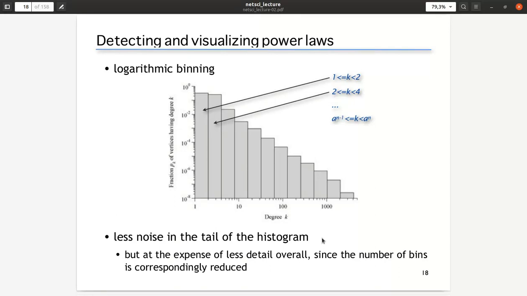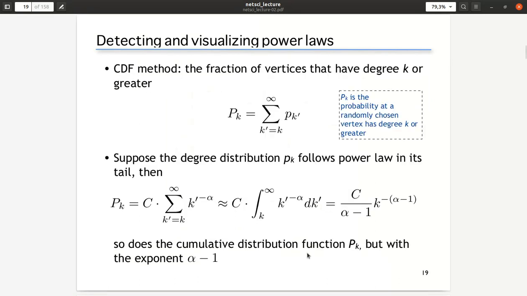But of course some details are going to be missing, so this is the price which you pay for this nice figure. So you lose some details. And okay, so here is some mathematics. It's very simple, so I just want to show you this one for the reason to see that